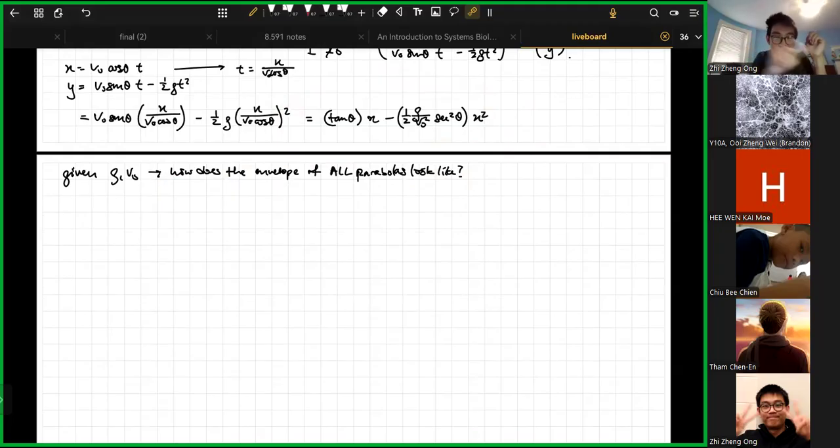Because you just slide theta, and all the points that theta passes through, you just keep down, and that will be a trajectory. Similarly over here, if you want to find the envelope of all parabolas, you play the slider for theta. If you play the slider for theta, you will get a diagram that looks